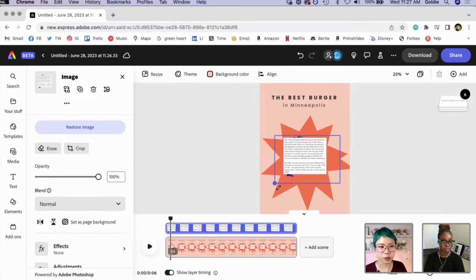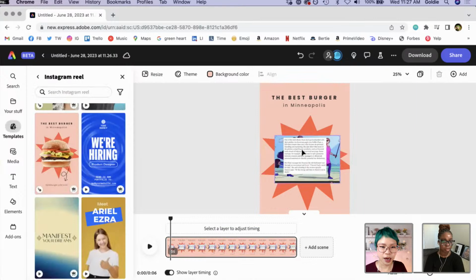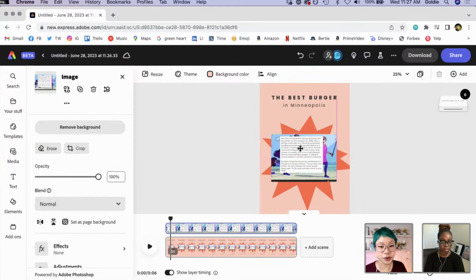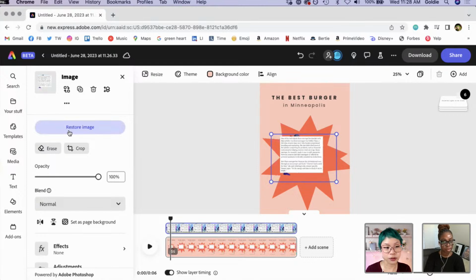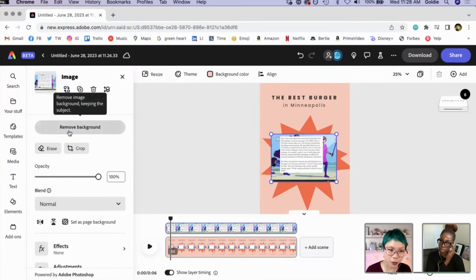And as you can see, what was so interesting is we're going to restore our image. What you can do, and this is neat, is remove backgrounds. So I'm going to click remove background. And it removed almost that entire background. And I can just click restore image if I want that.